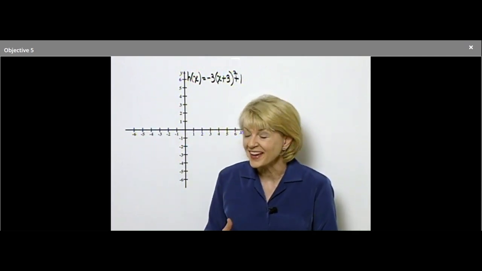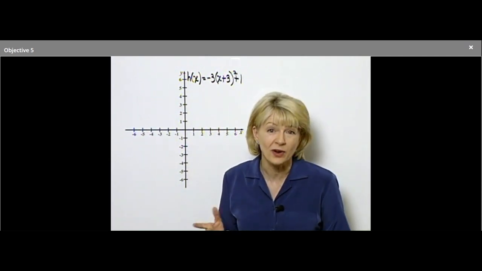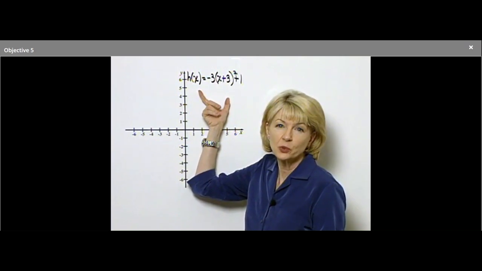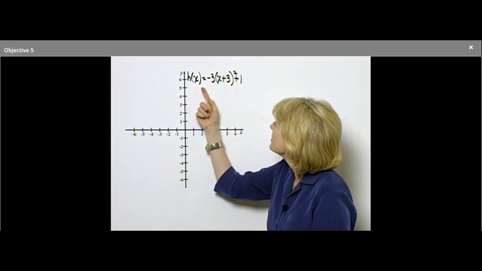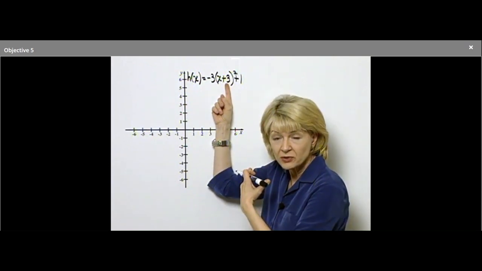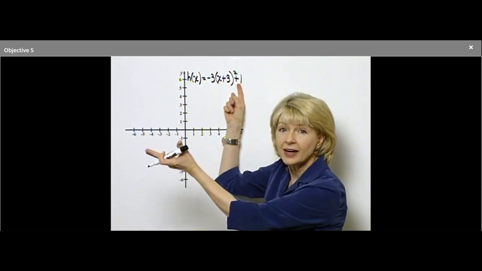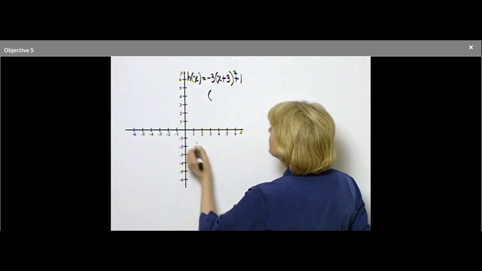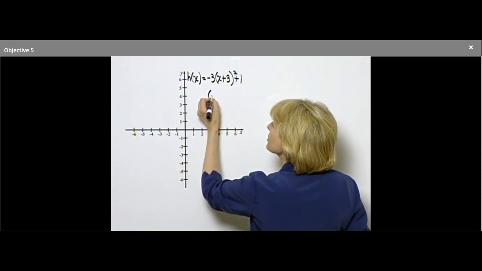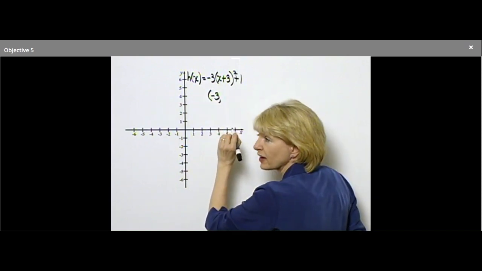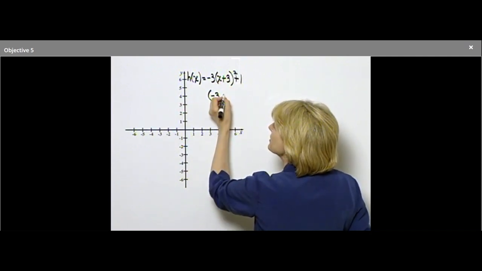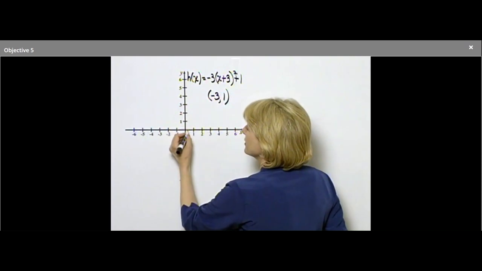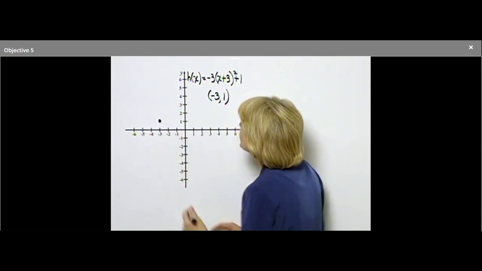So let's try and put it all together, and let's sketch the graph of this quadratic function. Its graph is a parabola. If you'd like, you can think of this in two ways. You can think of this as shifting, and this is the parabola shifted 3 units to the left and then 1 unit up. Or if you'd like, you can go directly to the vertex. The vertex has coordinates the opposite of this. So -3, that is the x value of the vertex, and then whatever that is, in this case, 1 as the y value. So let's now graph our vertex, (-3, 1),